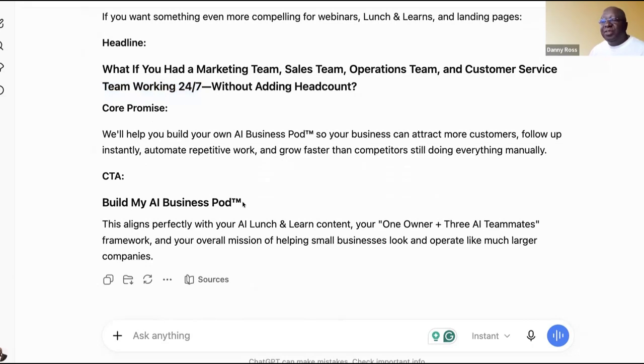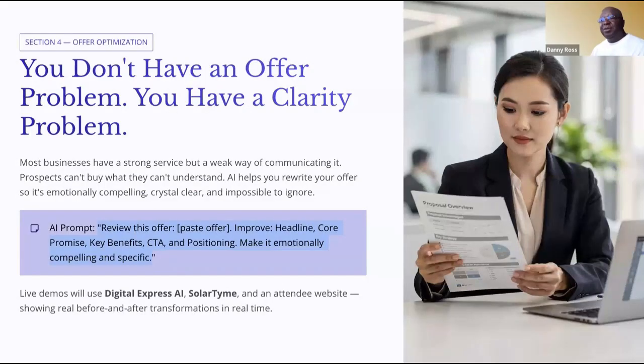And so this is what we talked about last week, building an AI business pod. So you can look back on last week's lesson and take it from there. I like some of these concepts, and so I like to refresh them again. All right, so good. Let's keep going.